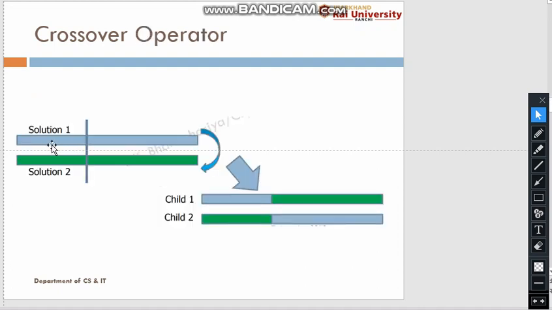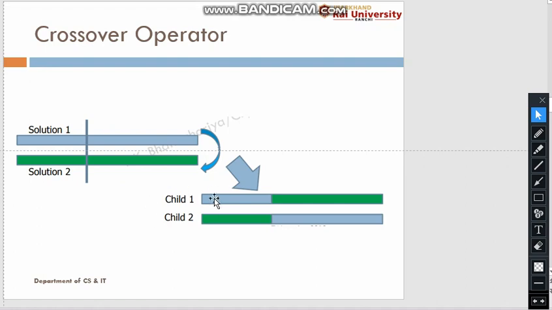Now, we have the individual 1 and the individual 2. Either you can say that we have a solution 1 and a solution 2, and this is the crossover site that we select. Once we have selected the crossover site, उसके बाद का जो जेनेटिक मटेरियल है वो दोनों इंडिविजुअल के बीच एक्सचेंज हो जाता है. दैट इज आवर एंड the new offspring will be produced. We will have the child 1 and child 2.